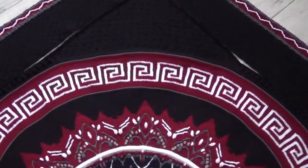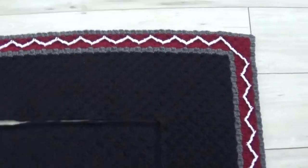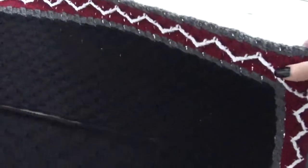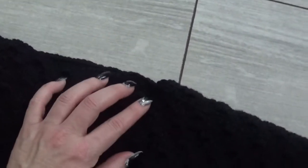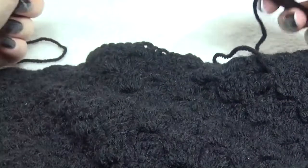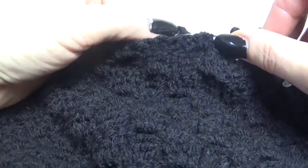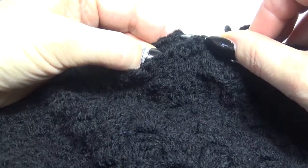Is this part, so here, and at this open part here is this part. Start in one of these 4 corners and bring this corner part like this, so right side of right side, and the wrong side is facing you, and we start here in this corner. We start in this corner stitch, in this slip stitch here, and in the 2 chain space of the blanket, and we work